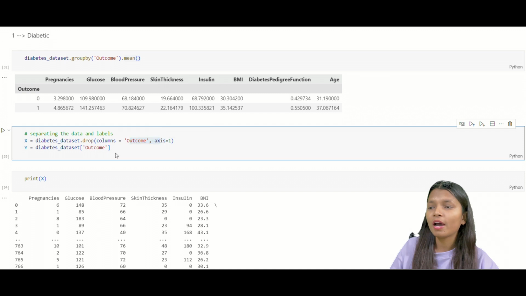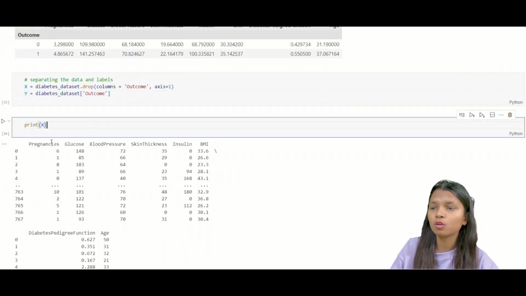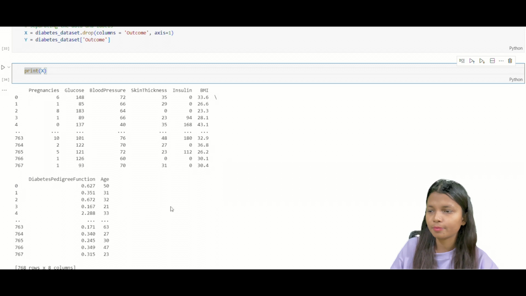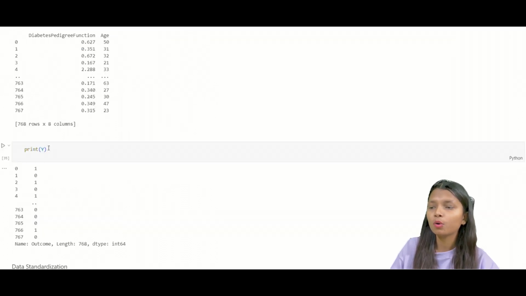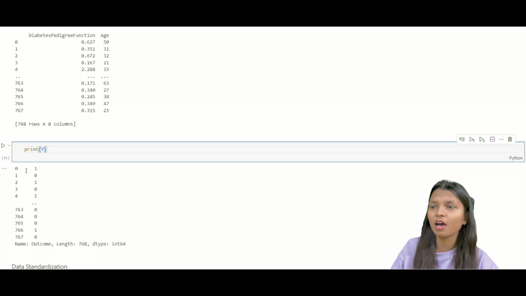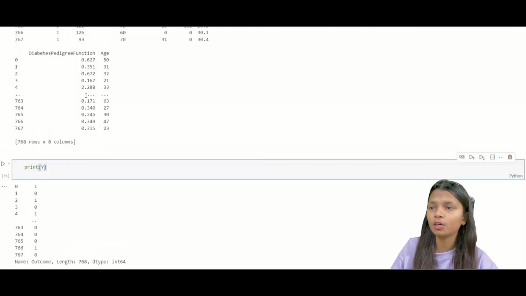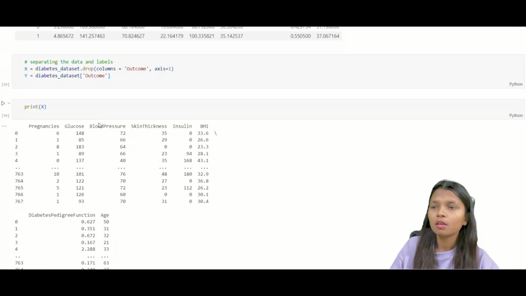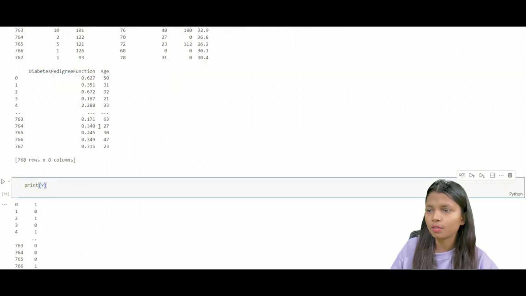And in Y, I don't want any other data, I just want one column, which is the outcome. Then I am printing X, and I see that the outcome column is not there in the data. Then I printed Y and I see that only the outcome column is there. So it means we have successfully split our data into X and Y.